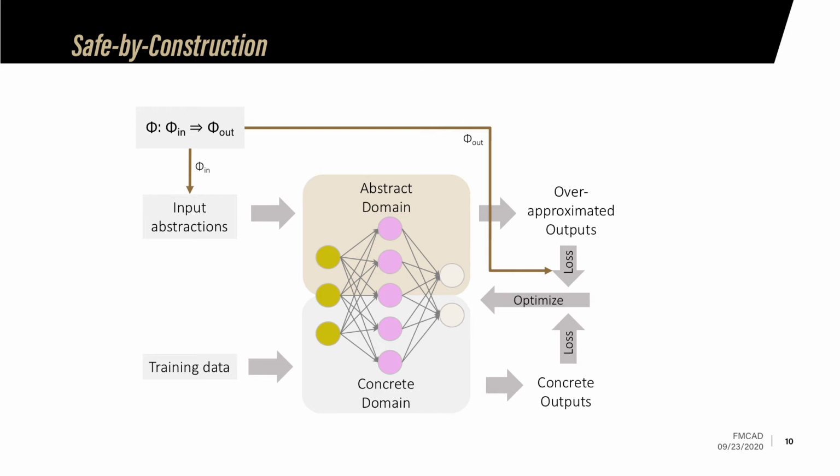This is the key part, which is to define a loss function for the over-approximated outputs that has this guarantee: as long as this loss is less than or equal to 0, then phi out, the safety constraint, can be proven to hold. In other words, we have identified a sufficient condition, which is loss less than or equal to 0, and use that as the termination criterion for the entire training procedure. In this way, we also require the loss function to be designed accordingly.